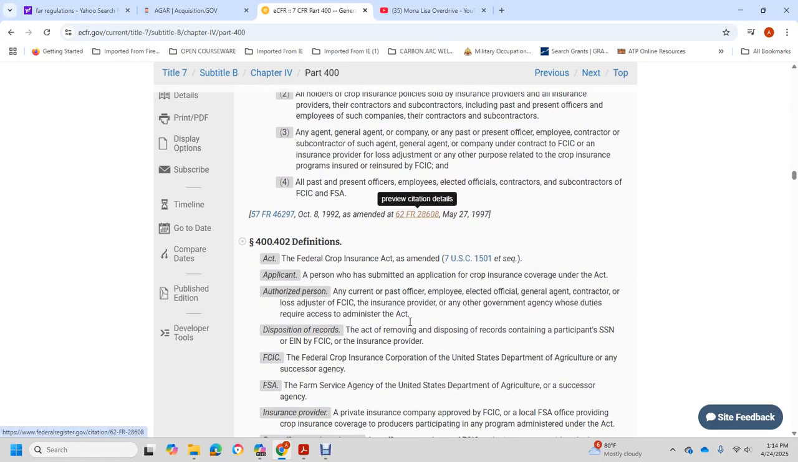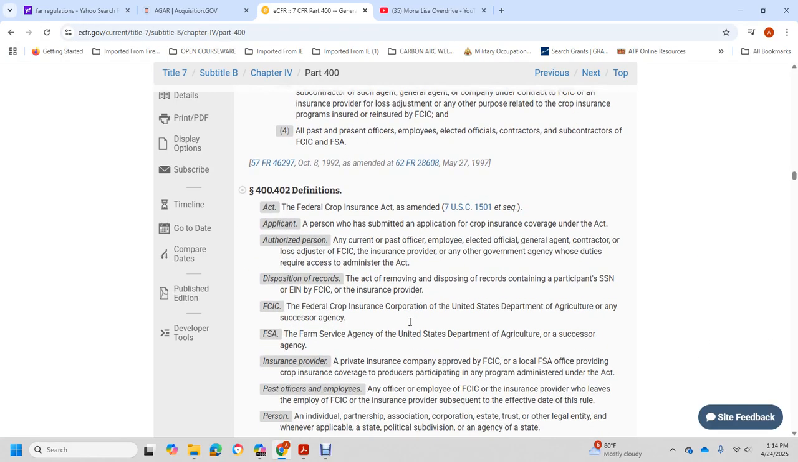For farmer service agency 404 with the federal crop insurance agency is amended with the act of the Title 7 U.S. Standard Code 1501 and 10 with the applicant with the person with the submitted with the applicant with the crop insurance with the coverage with the act with the authorized for the current with the past with the officer with the elected with the general agent with the contract with the law with the federal corporation insurance corporation insured with the provide with the general agency with the duties requirement of the justice with the administrative with the act